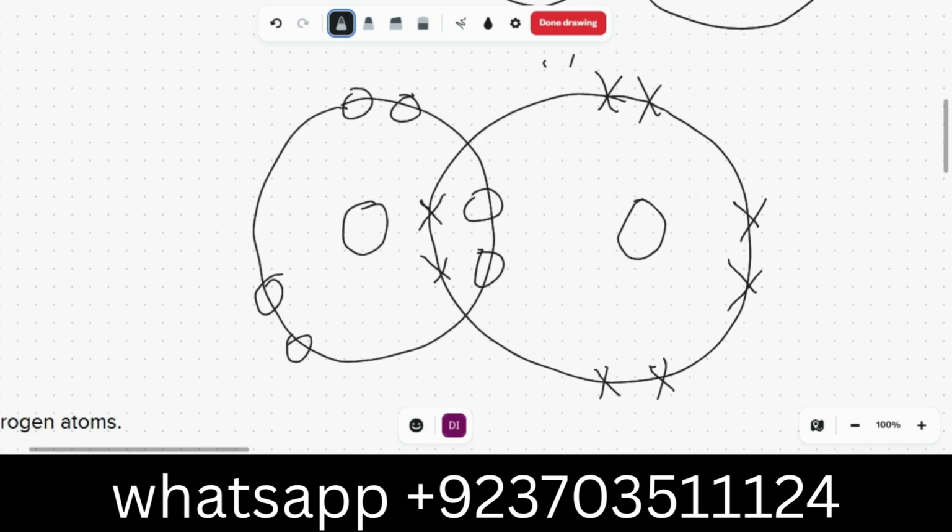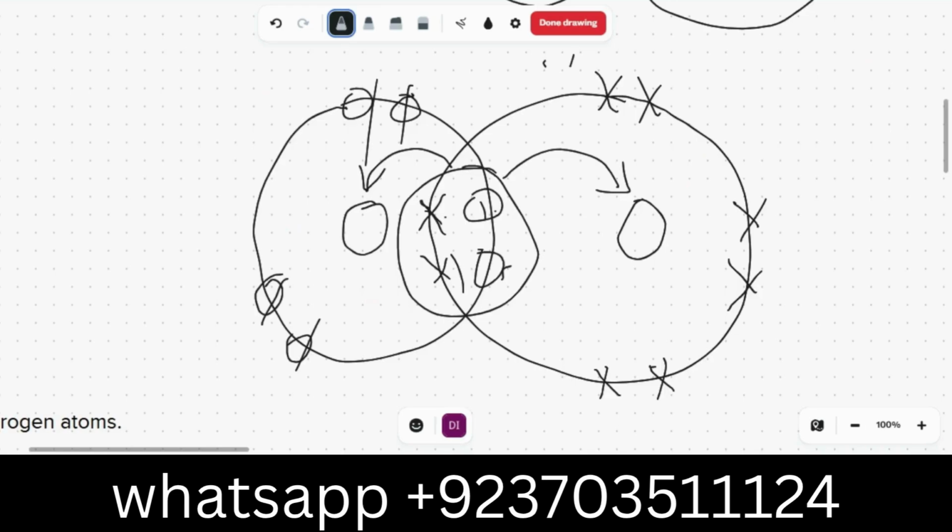Now you can see these four electrons are making the covalent bond. They are attached to this nucleus as well as this nucleus. So four, and one, two, three, four, five, six, seven, eight. Now this is stable. This one is also four, five, six, seven, eight. Sorry, I may just make two more electrons over here, so they are not present. That is this thing. That's all about it.